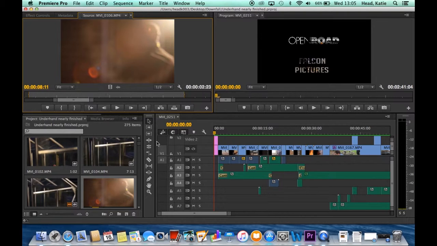The next technique is using the cut, which is also known as the razor tool, and the selection tool. The selection tool you need most of the time just to be able to click on clips. The razor tool you use to split clips, and this is essentially good for when you're trying to do match on action, or shot reverse shot, which